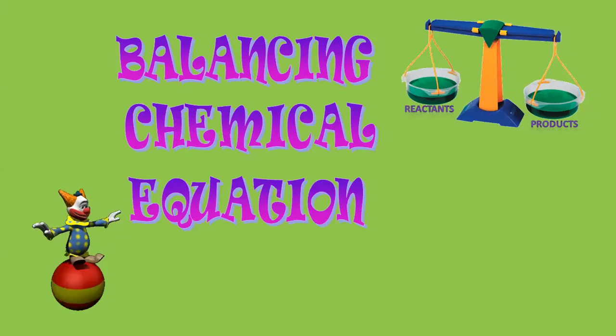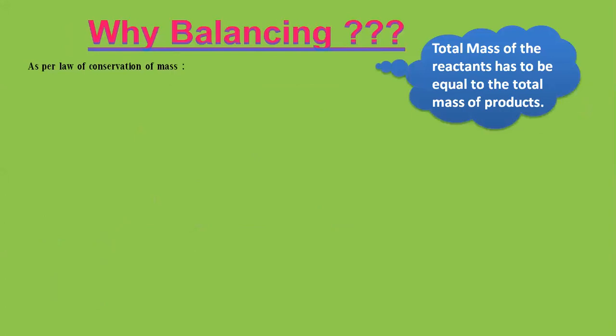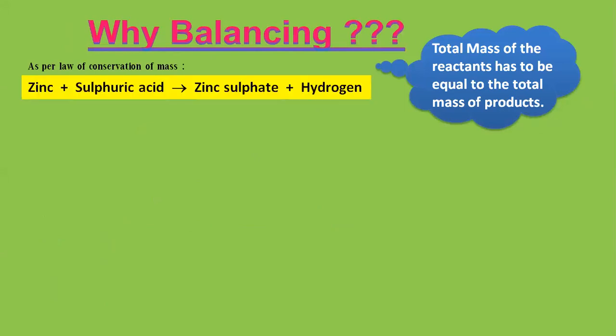And I'll show you the steps that we are going to follow. But the first question is, why is there a need to balance the equations? Why am I supposed to balance chemical equations? Because according to the law of conservation of mass, which we discussed last time as well, the total mass of the reactants has to be equal to the total mass of the products. This was the law which we studied last year, given by Antoine Lavoisier, under the topic called laws of chemical combination, in which the first law we studied was the law of conservation of mass, which stated that the total mass of the reactants has to be equal to the total mass of the products.